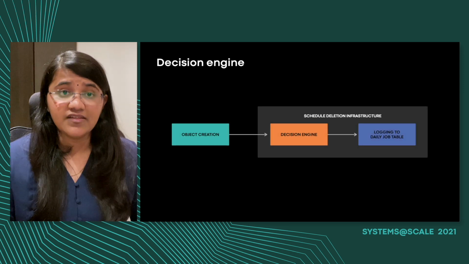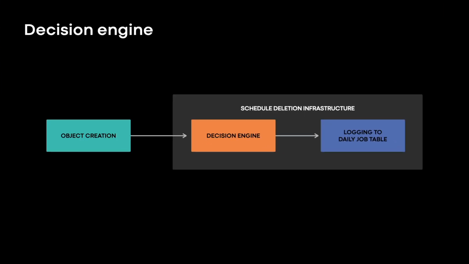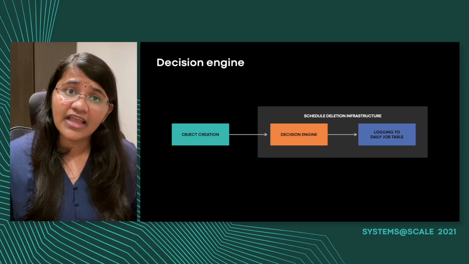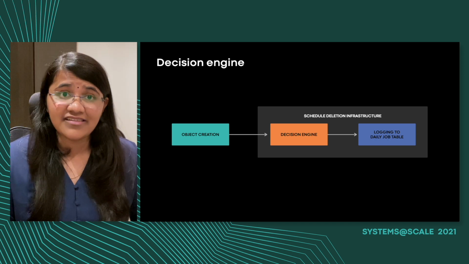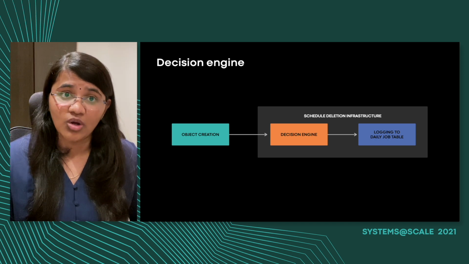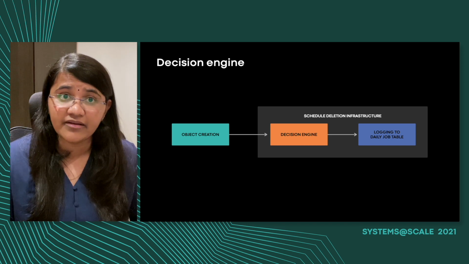Now, let's understand where the decision engine fits in the scheduled deletion infrastructure. On a high level, when object creation takes place, we run the decision engine, determine the TTL, and log it into the daily job table. Once we have logged all the ephemeral objects in the log table, the next step is to scan all the logs